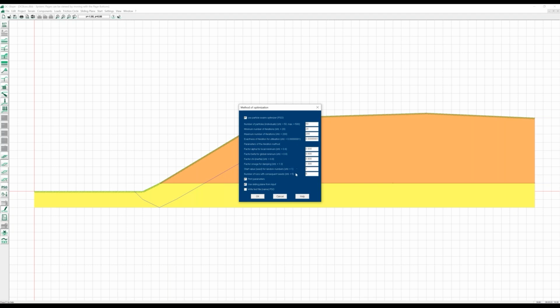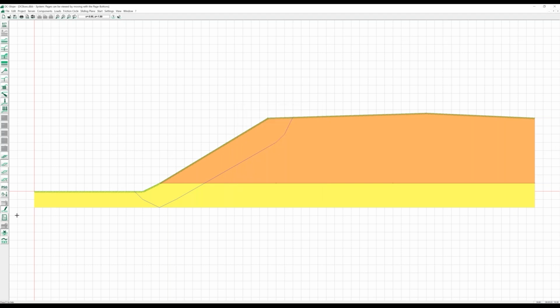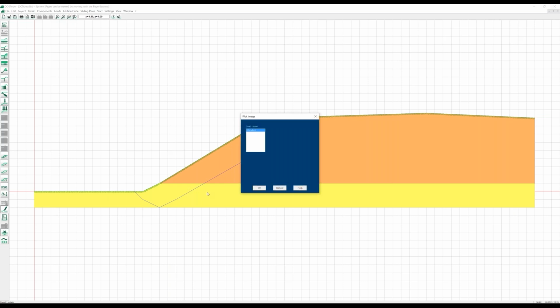There are many options to use. You don't have to change them because these are parameters which are quite optimized. But if you want to go into detail, you may change the different parameters here. And if we calculate this method with PSO, this number of lines is used. So we have 1, 2, 3, 4, 5, 6 lines, and it's iterated. And if we look at the result here,